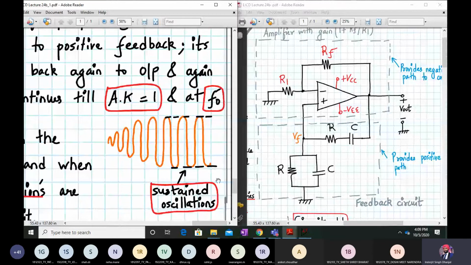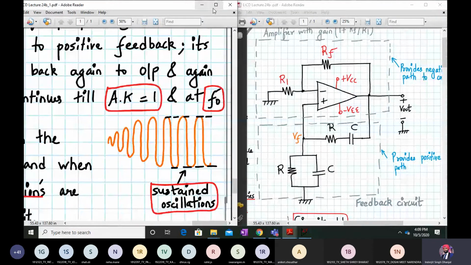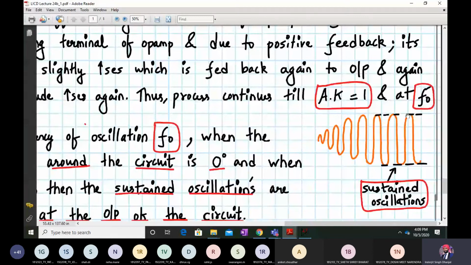You remember the output waveform was coming out slightly distorted. Everyone agree? So that means the maximum output amplitude of a sinusoidal oscillator is limited by the op-amp saturation limits, that is plus or minus Vsat. So basically it was hitting the plus or minus Vsat values over here. That's why it was getting like this.